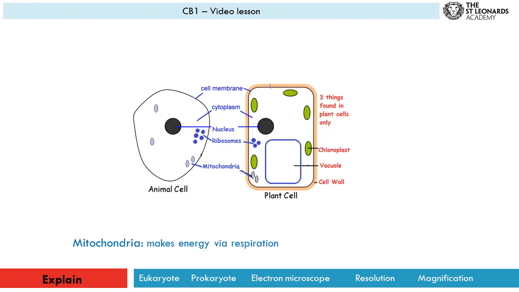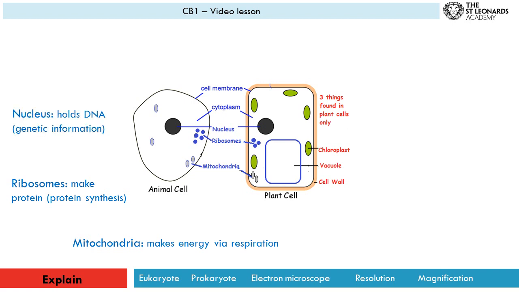Mitochondria are common to both plant and animal cells, and the mitochondria is where aerobic respiration happens. This is the process of taking in sugar or glucose and oxygen and making usable energy and releasing carbon dioxide. Ribosomes are a really important organelle in both plant and animal cells, and they make protein. The words associated with this are protein synthesis, and remember, synthesis is that scientific word meaning to make, so where